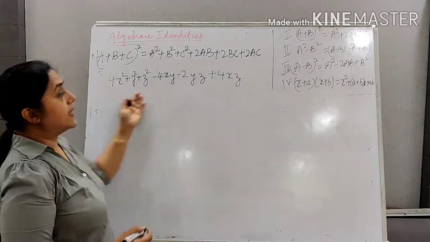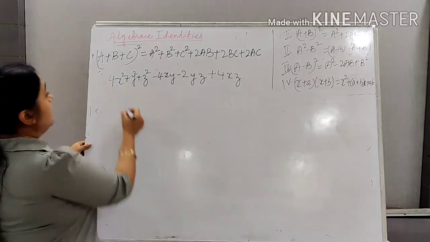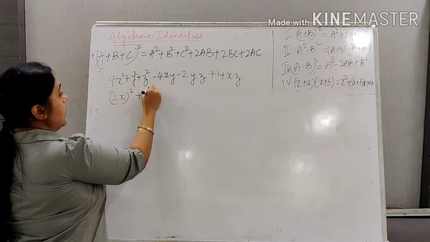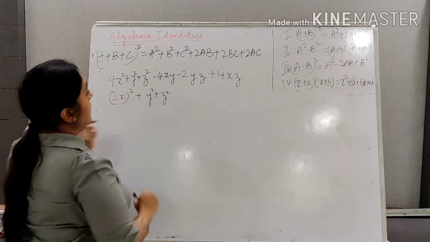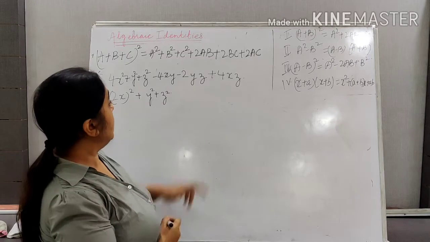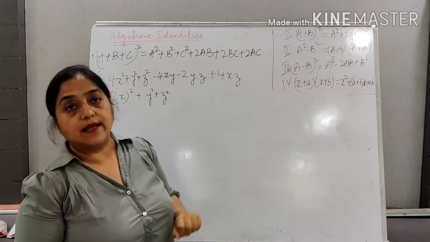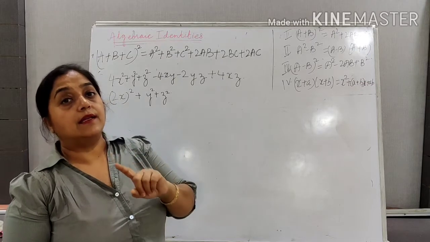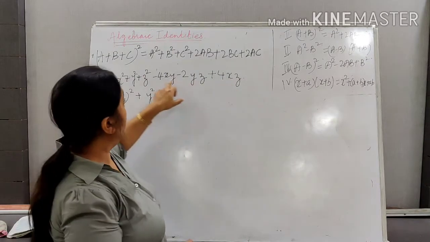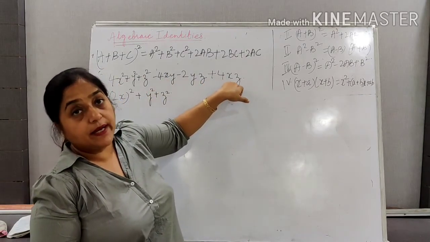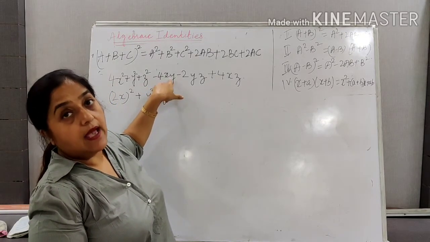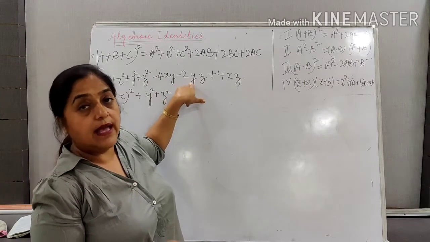Now let us inspect this question. 4x square, can I write it as 2x whole square? It is y square, z square. Now, can you see wherever there is x and y, the term xy is negative and the term yz is negative. That means my y is negative. Because if x is negative, then this has to be negative. Listen to me very carefully. 4xy and then 4xz should be negative. But in my question, the term containing xy and the term containing yz have a negative sign.